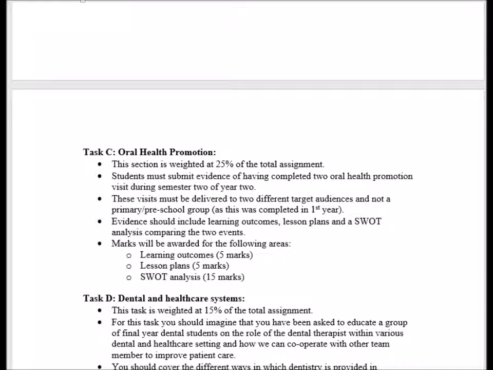Task C is with regards to oral health promotion, and this is another quite a large task. This is worth 25% of the module, similar to the audit project. And what you're going to do for this is, during semester 2, you're going to complete 2 oral health promotion visits or oral health promotion events throughout this semester, and you're going to submit in your portfolio evidence of having